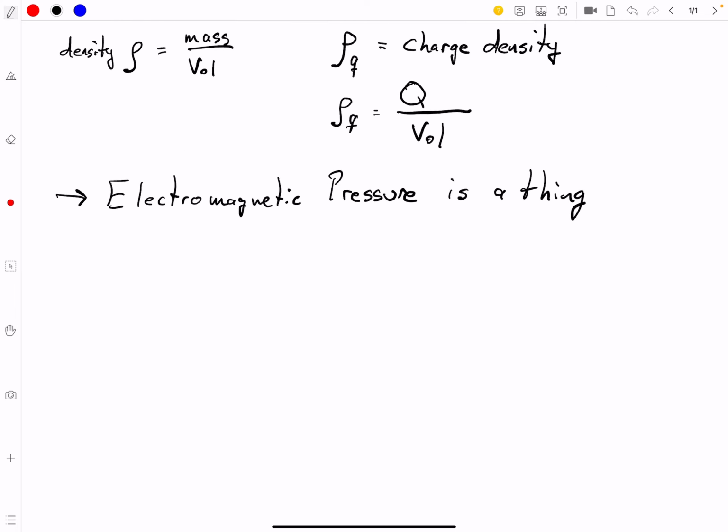I don't know, do you guys know about solar winds? Well, that's an electromagnetic pressure. The solar winds are